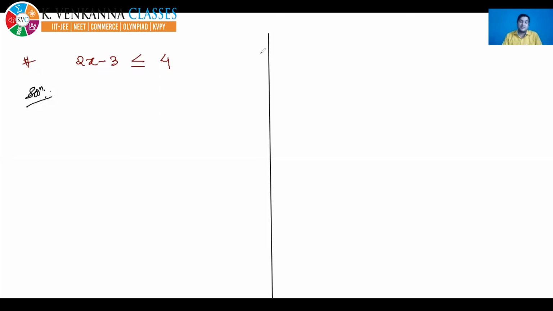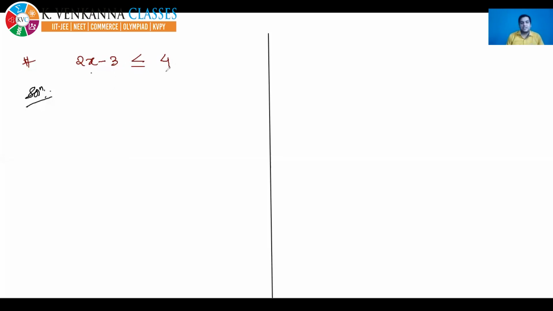Interval notation, interval notation. So see, I am solving the question. Now everyone listen carefully. Please everyone listen carefully. Now don't solve the question. You just see the solution, whatever I am giving to you.